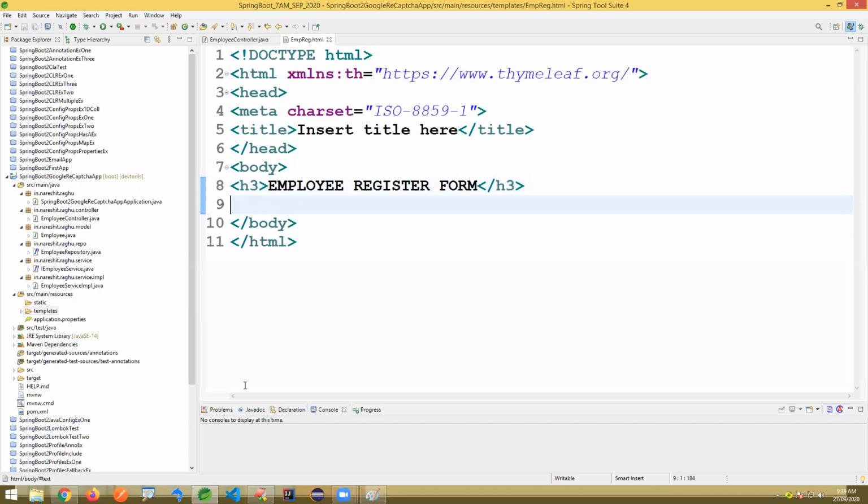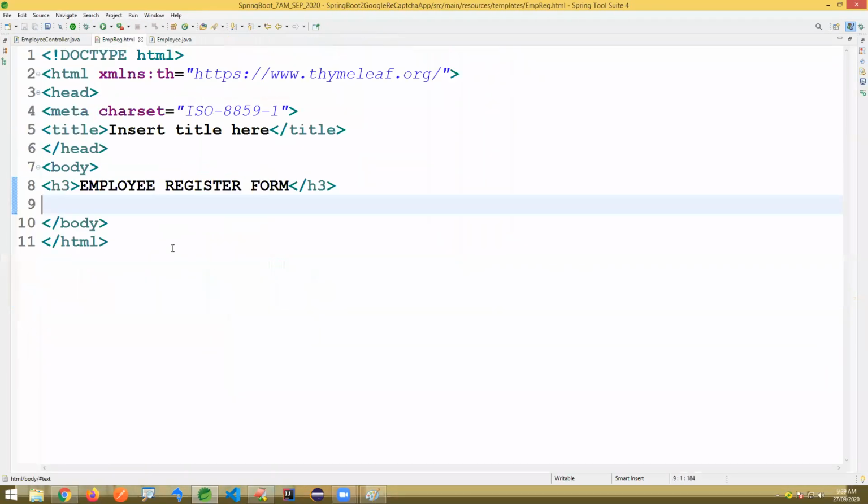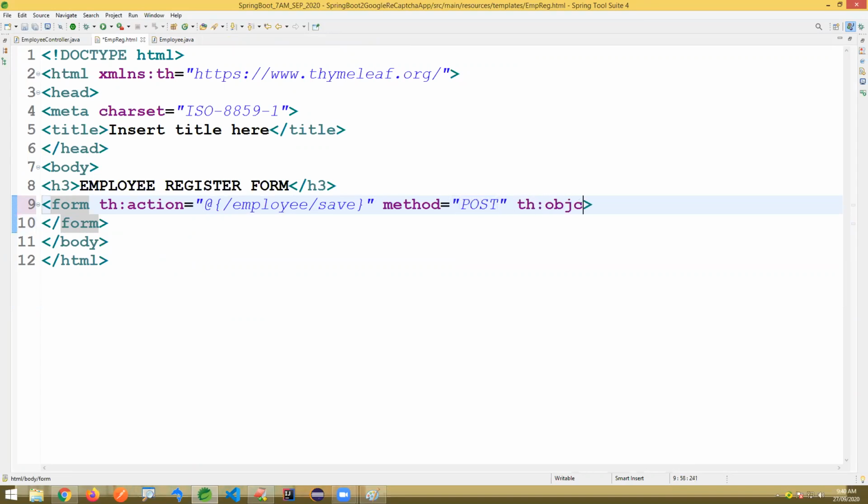As we mentioned in the model class, name, salary and address, 3 inputs should come first of all. That form should contain th:action. Still the action is not implemented, I'm writing /employee and / that is yet to be implemented. Method equals post. And the form backing object.